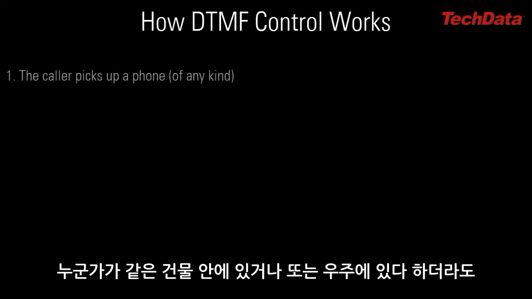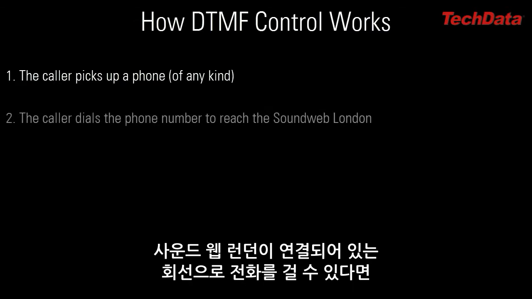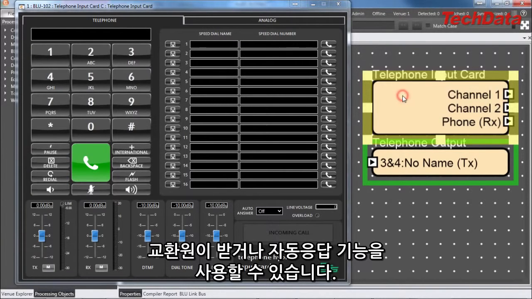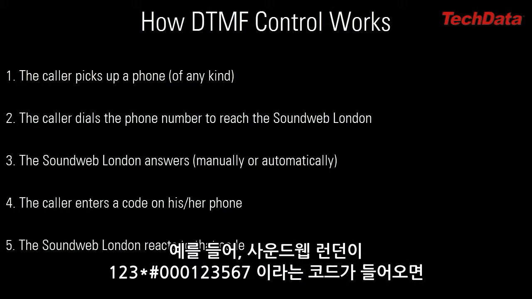Someone could be in the same building or even on the other side of planet Earth, and he or she could pick up a landline, cell phone, or soft phone, dial the number of the analog phone line to which the Soundweb London is connected, and when the Soundweb London answers the call, either manually through a human operator or automatically through the auto answer feature, the caller can then use the 12 phone buttons to control the Soundweb London system. For example, a Soundweb London could respond to the code